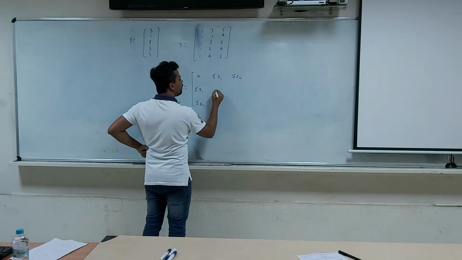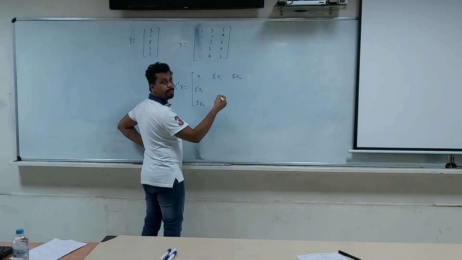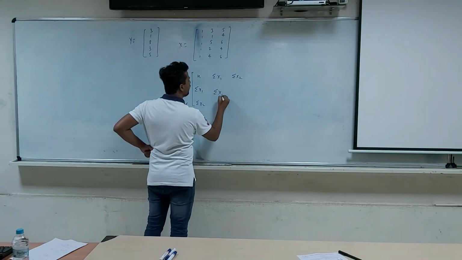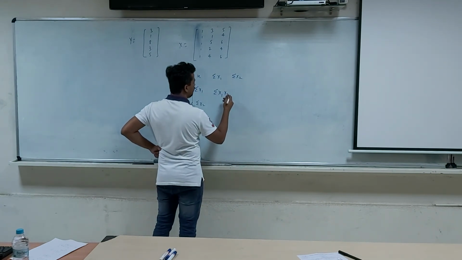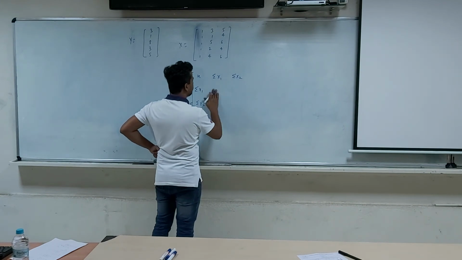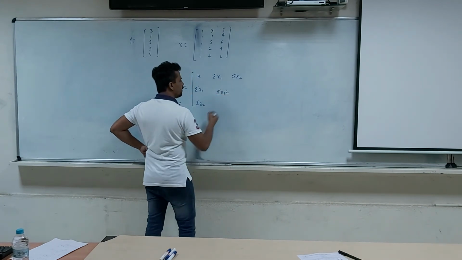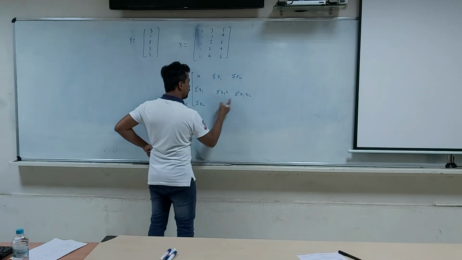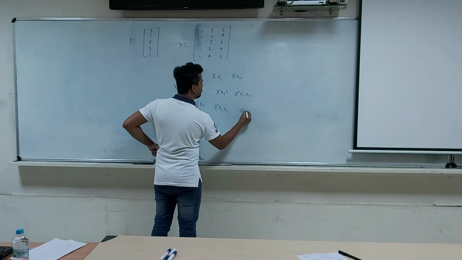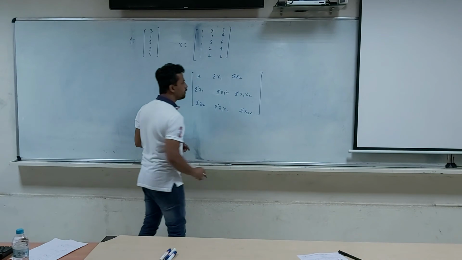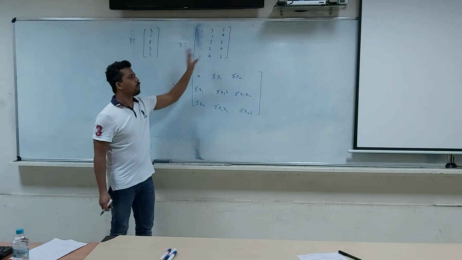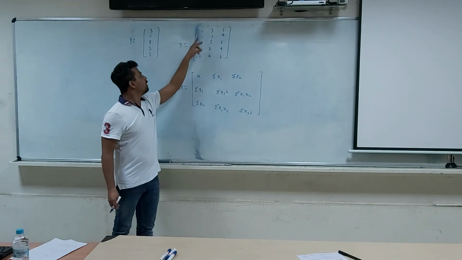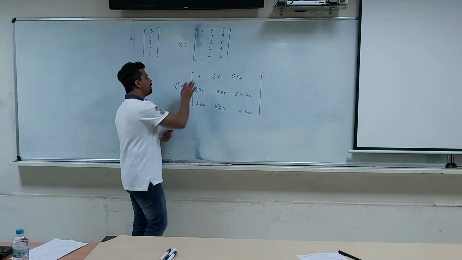Right. Second term will be what? The second term here will be summation x1 x2. No, I'm really sorry, summation x1 square, then I'll have summation x1 x2, and since it is symmetric, the same will be here too, and then I'll have summation x2 square. So this is my x transpose x, and these are nothing but all the values that you already have. So what is the first element? We have 5 observations, so this will be 5.